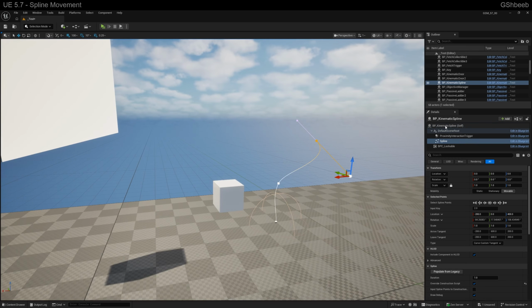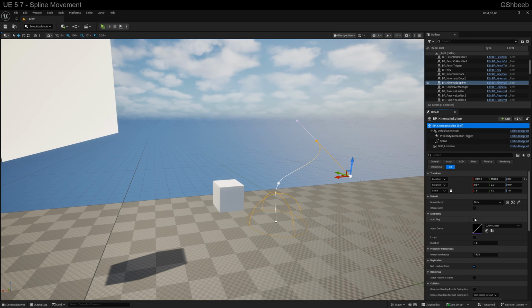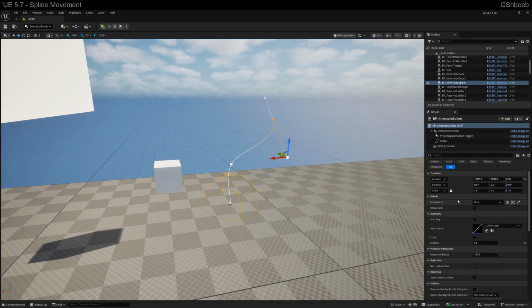And because of the actor that I have, I have the ability to set the duration for this. I'm just going to set the duration to 5 so we can observe this a little bit more effectively. And then we're going to change our moved actor. I'm just going to go ahead and select this cube over here. It's not in the right position to start. We can do a few things to get that over there, but that's up to you